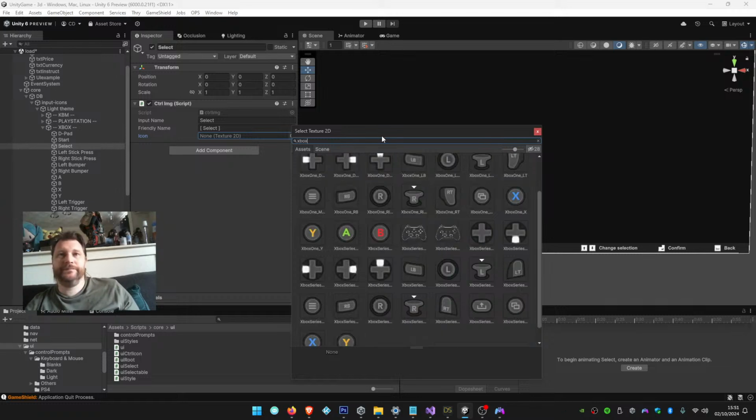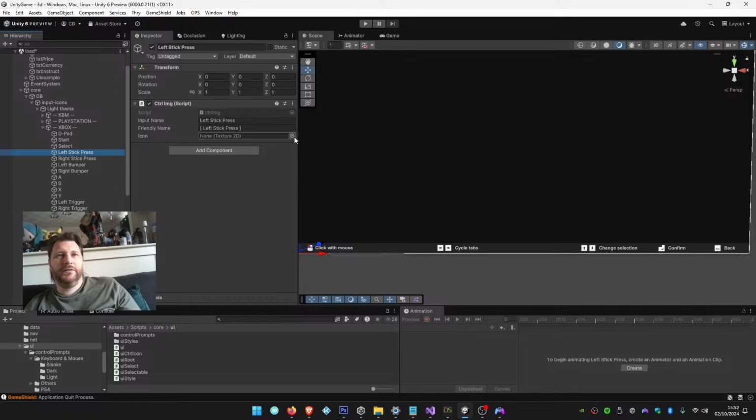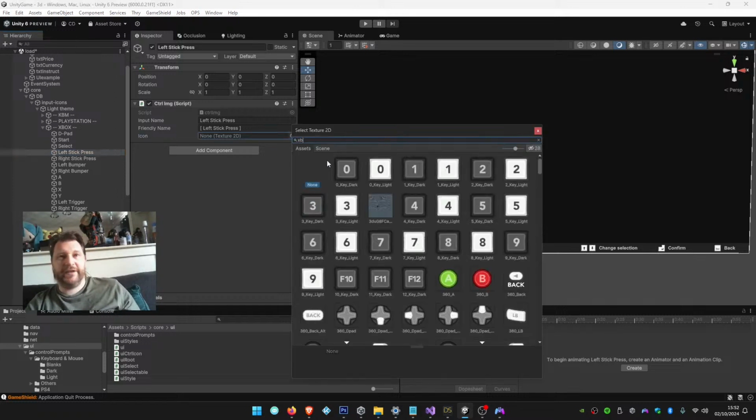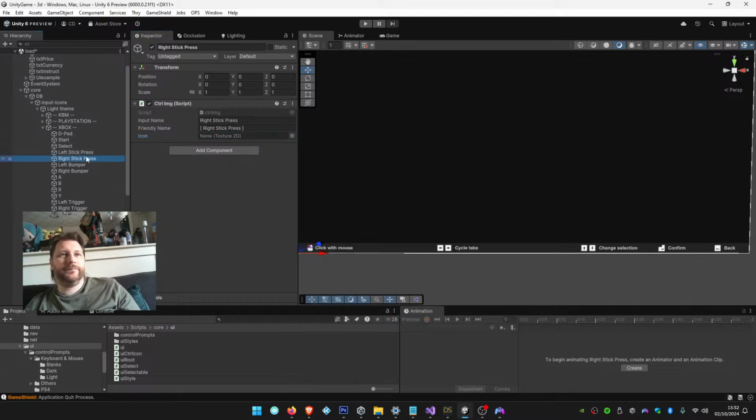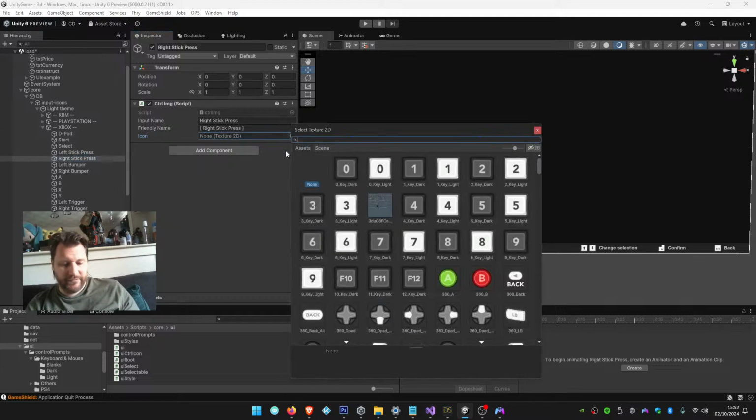Select is that one. Left stick press is that one. Right stick press